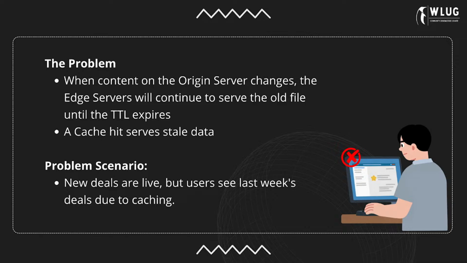And suppose you make some changes on the origin server and that time to live is yet to expire. The problem that arises is that whenever a user tries to access the data, the user would get the stale data from the cache